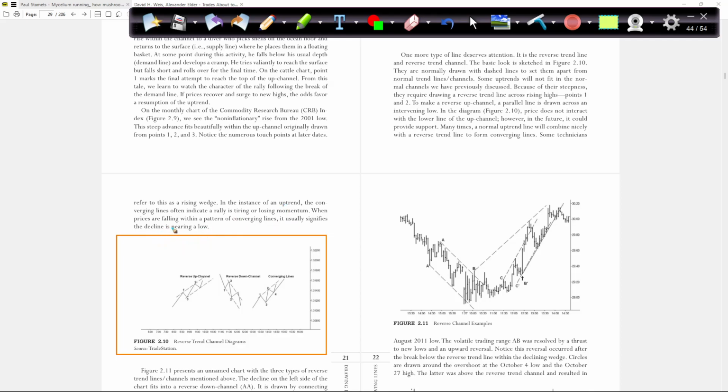So if prices are falling within a pattern of converging lines, basically we have this line, and then we have this line, and they are converging, like this, this, this, this, right? Then it usually signifies the decline is nearing a low, meaning we might see a breakout after this move. Okay, so what we have here is